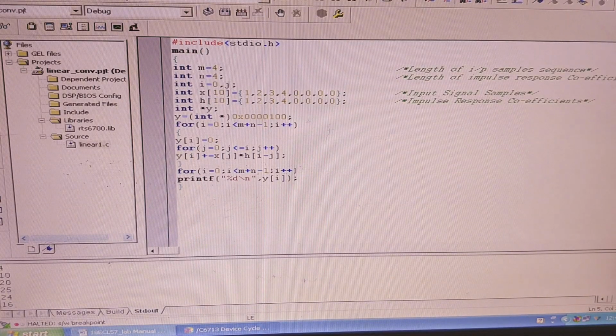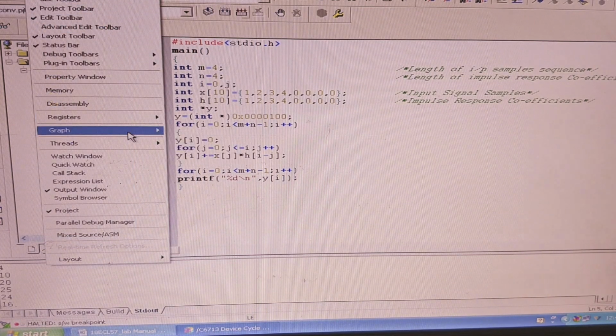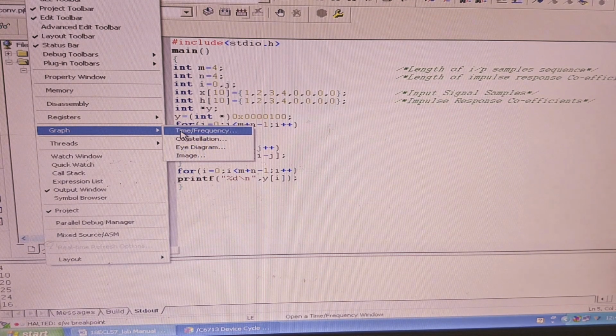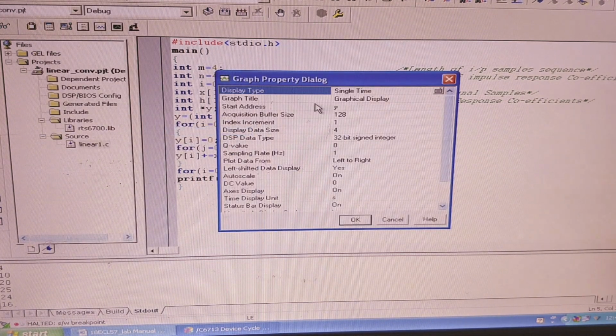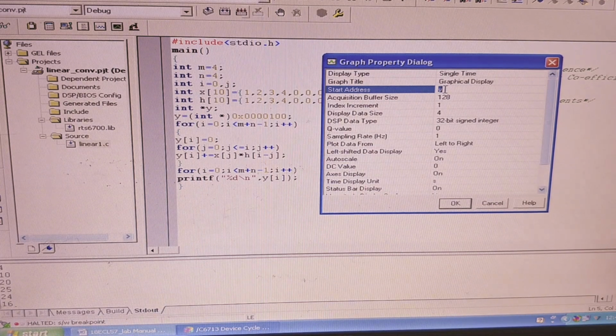In order to plot the graph, you can go to View, Graph, and select the option Time/Frequency. The graph title you can keep as it is. For the starting address, whichever address you have given in your program, that address is to be provided here. In this program, we are entering the address in the format 0x0000100.